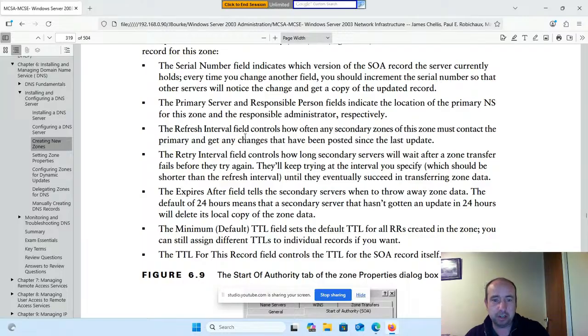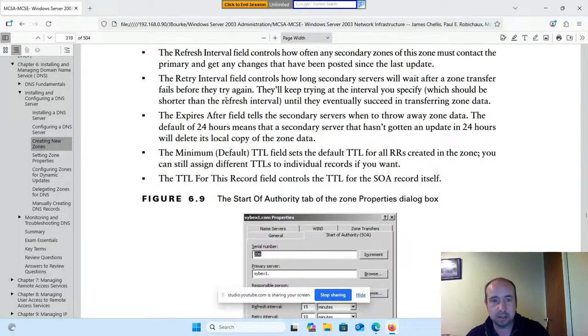The refresh interval field controls how often any secondary zones of this zone must contact the primary and get any changes that have been posted since the last update. The retry interval field controls how long secondary servers will wait after a zone transfer fails before they try again. They'll keep trying at the interval you specify, which should be shorter than the refresh interval, until they eventually succeed